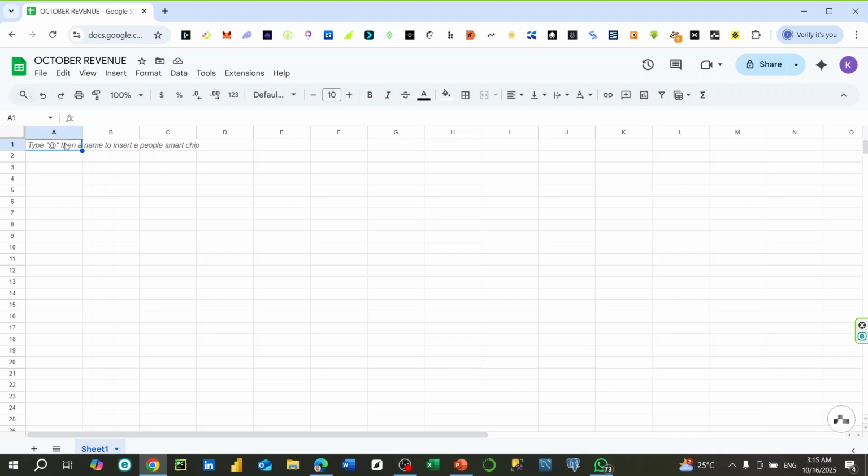Now, I said that we can actually create a table with a Google spreadsheet. If you have data and you want to tabulate the data, you can create a table on your spreadsheet and input the data on that table. So that is what I'm going to do now. I'm going to create a table. So I'll start with the title of the columns,